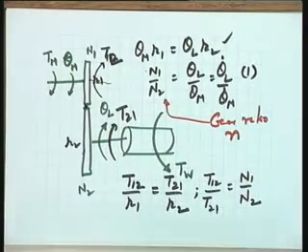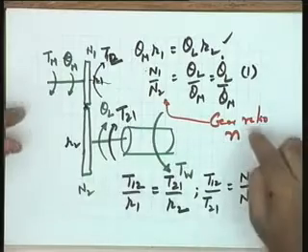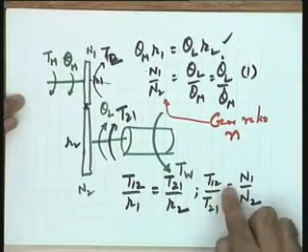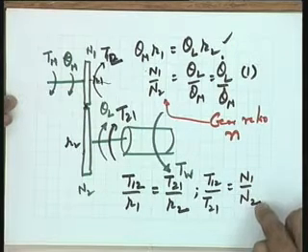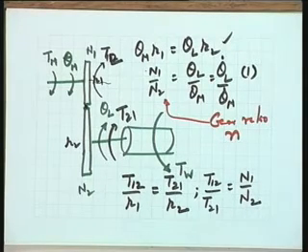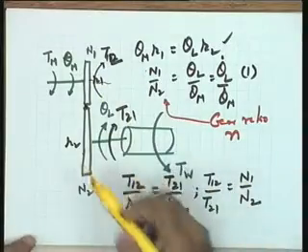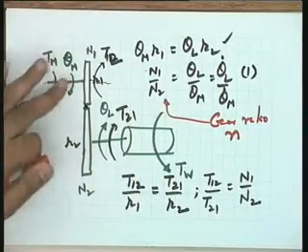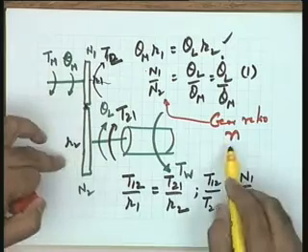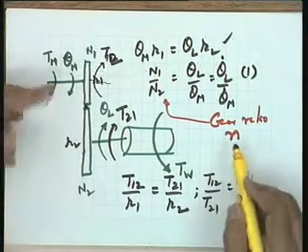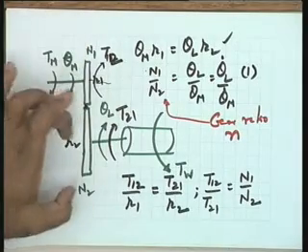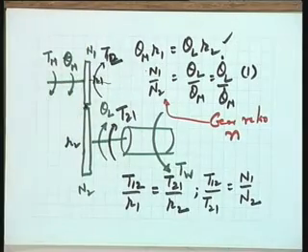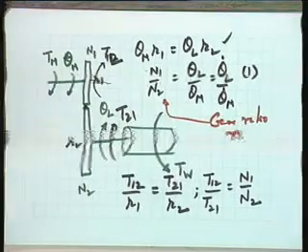This point needs your attention, please see. N1 by N2 is the gear ratio, and T12 by T21, the ratio of the two, is equal to the gear ratio. And now look at the point I made, that the gear train magnifies the torque and reduces the speed, provided your n is less than 1. And n as per the gear train shown here will be less than 1 because N1 is smaller than N2. Typically n could be 1 by 30, let us say.